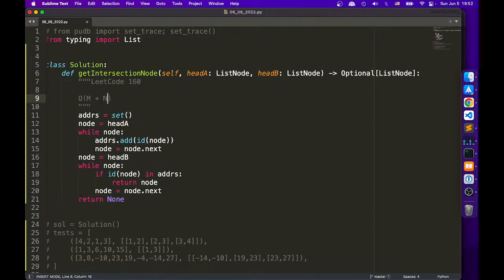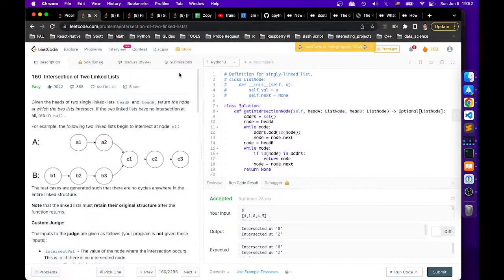O(M+N) on time and space. Okay, so now let's think about it. How do we do O(1) in space? Well, we can start, let's say we start both at the same time, okay? And move forward, and at a certain point, the short one,